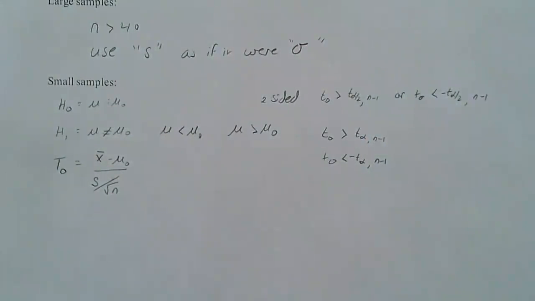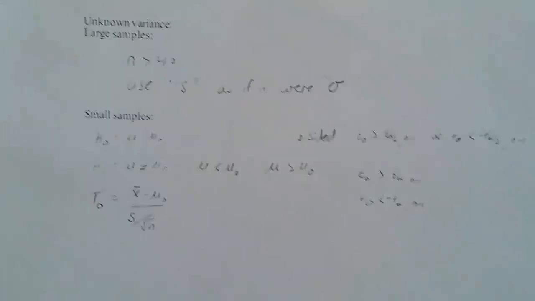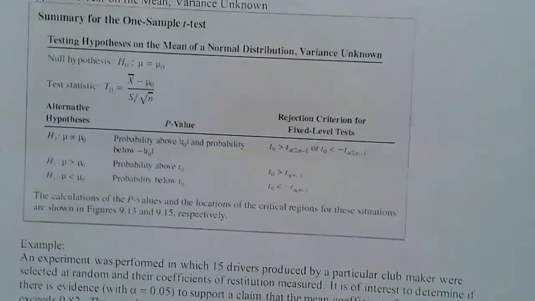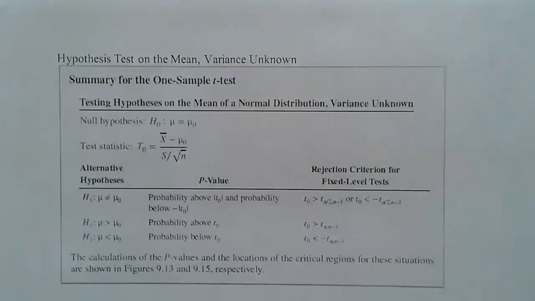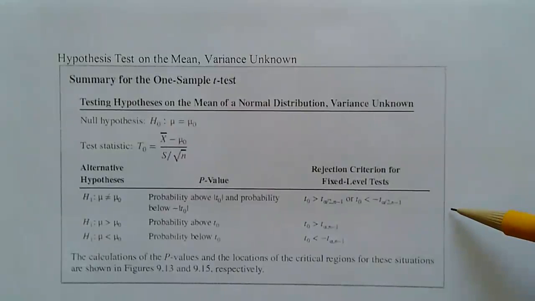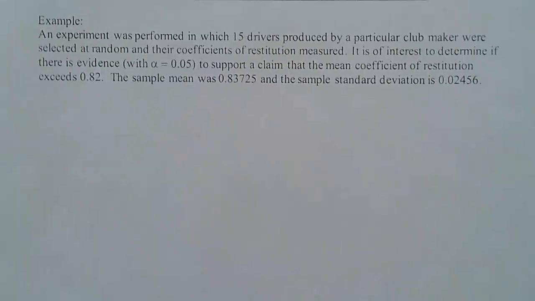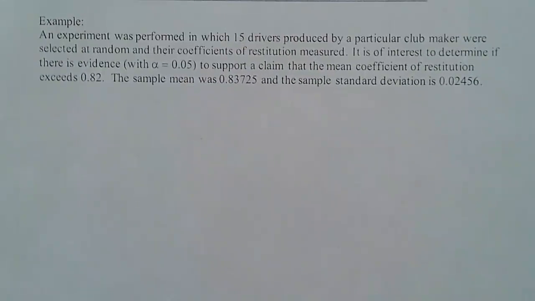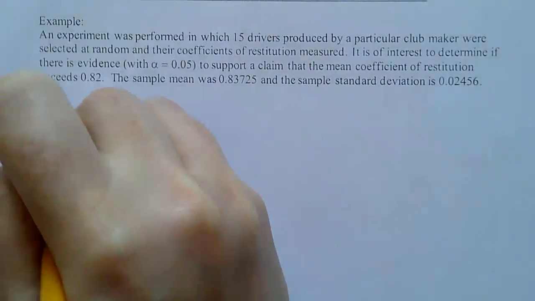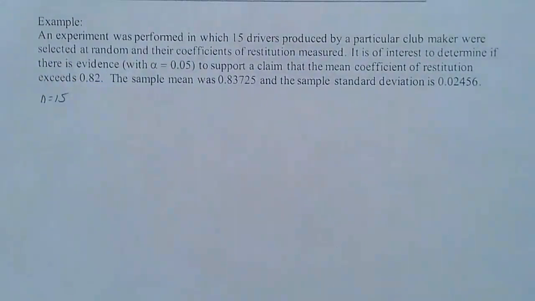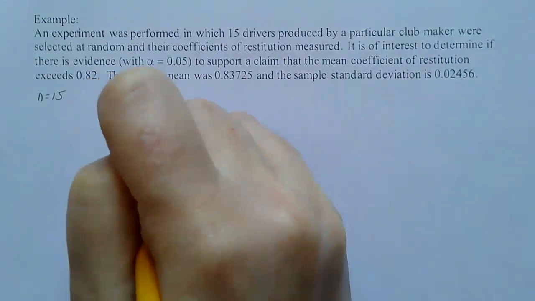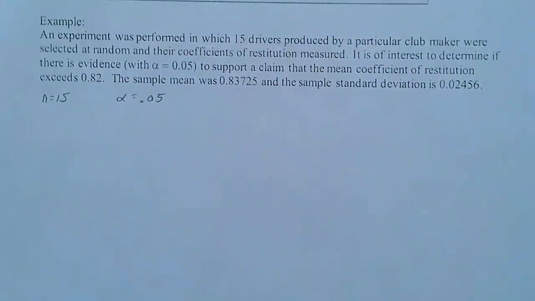We can do an example like that. In your packet, you should have a table just like the z table that we did, looking at a one sample t-test. In this case, we have 15 drivers of a particular club. So our n is equal to 15, so we're working with a small sample size. We're looking at an alpha of 0.05, and they want to support a claim that the mean exceeds, the mean is greater than